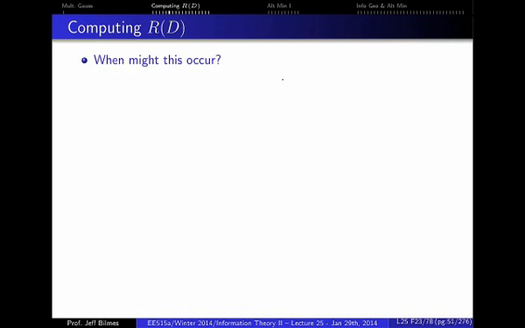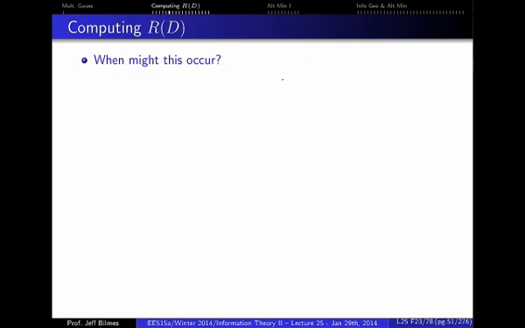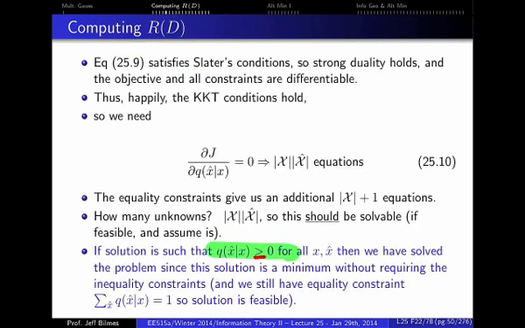Now the question is, when might this occur? Now this is really important for the intuition, this next slide. It will make sense. So when might it occur? So what is it, first of all? So it is the following. Remember, we've got a distortion, and we're interested in the given rate, right? Now, what does it mean for one of those guys to be 0? So if for example, we do this optimization, and we find that,